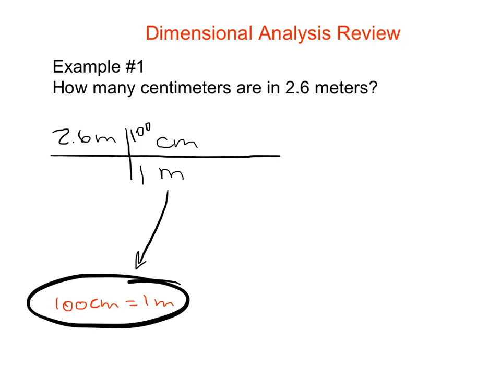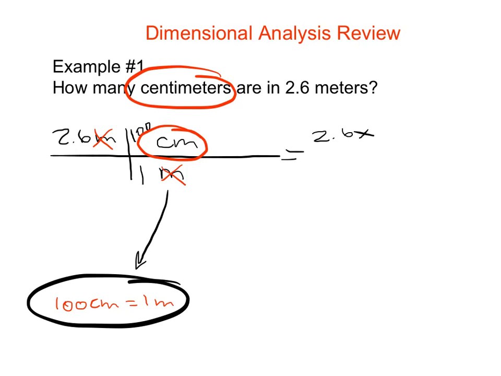So, do I have the units that I want? Well, first thing we've got to check is to make sure our units cancel out. Meters cancel out with meters down here. The remaining unit we have is centimeters, which is what we're looking for. So we are done. We can do our calculation step at this point. So, calculations. Multiply across the top. 2.6 times 100. And then on the bottom we just have a 1, so that makes it really, really easy. So our answer, of course, is 260